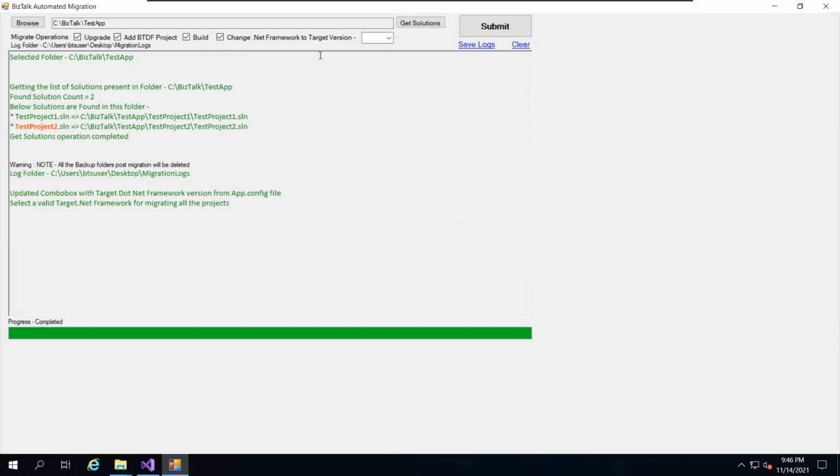Even if you want to keep the target framework for your solutions at a default version, I recommend you choose this, because in that case also you would want your helper libraries to be upgraded, right? In our case, we wanted it modified to version 4.8 because of the bug, as I said. So I have selected all these options, and now I'll click on Submit.